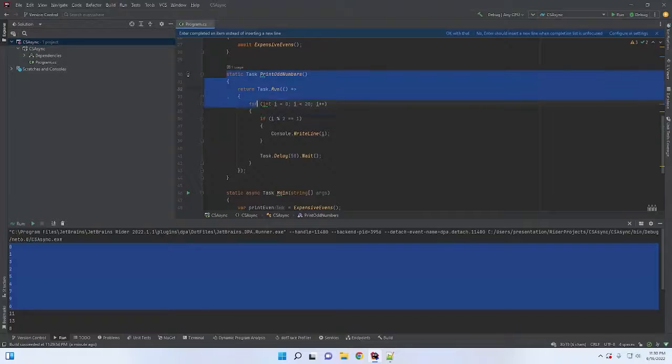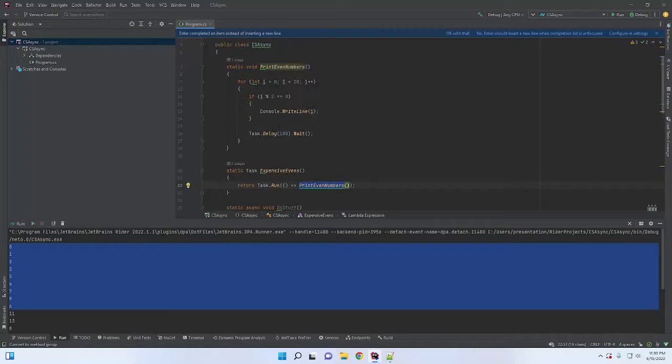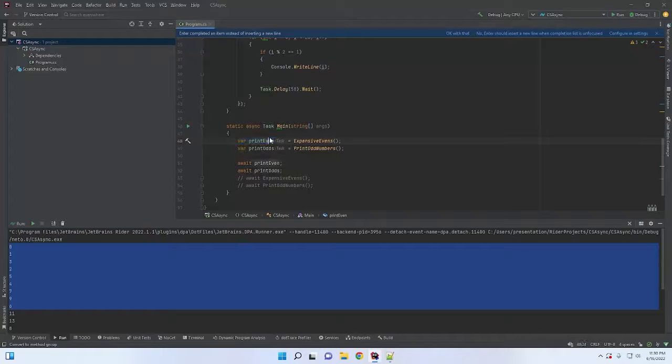But for the methods that we're calling, we either have to make it a task and then do a return there, or we can do the same where we create a separate method of type task, returning a lambda call to the non-task method. And then inside of main, we create a variable of type task for each of those because each of those are returning a task. And then we just await each of those. And that's really all there is to it.